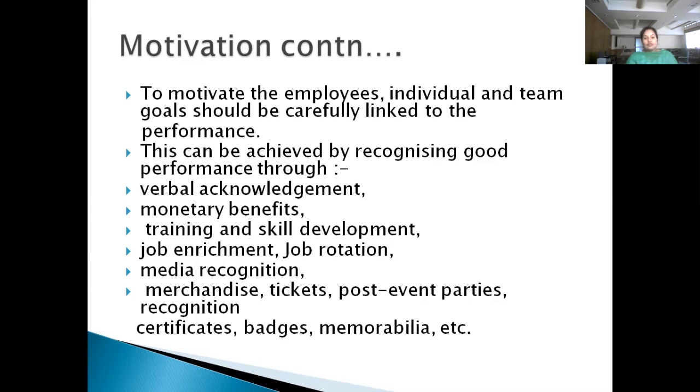It can involve job enrichment. Job enrichment means within the profile of your current position, more responsibilities are getting added to that particular position, which is actually a motivating factor, because that employee will feel that, okay, I am important in the organization, and that's the reason why more responsibilities are coming my way, thereby enriching their job. And job rotation, in order to safeguard against boredom. People who are working on a particular platform can get bored. So by rotating the jobs in a team, the roles get changed, and that becomes more interesting for the employees. So media recognition, merchandise, tickets, post event parties, recognition certificates, badges, memorabilia, etc., all these can be motivating